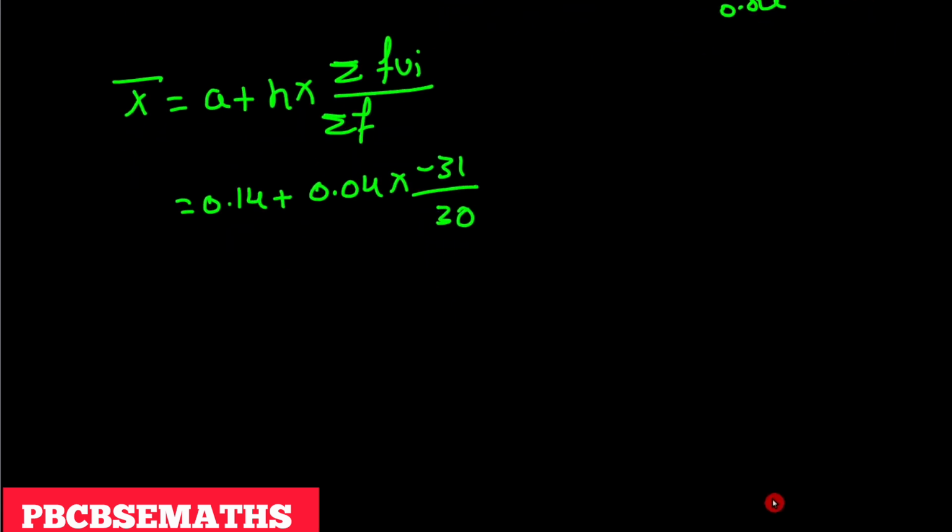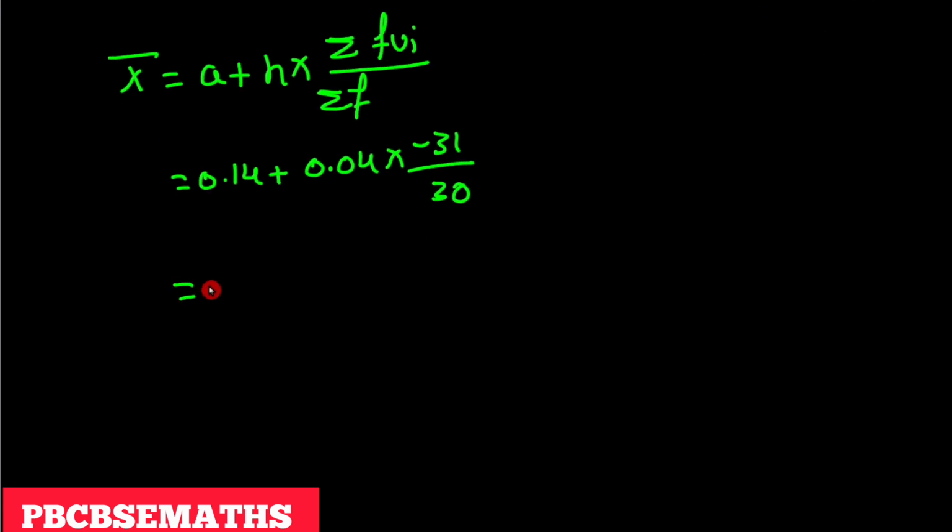Now we are going to solve this one. Keep this 0.14 as it is, plus 0.04 into minus 31 divided by 30 gives us